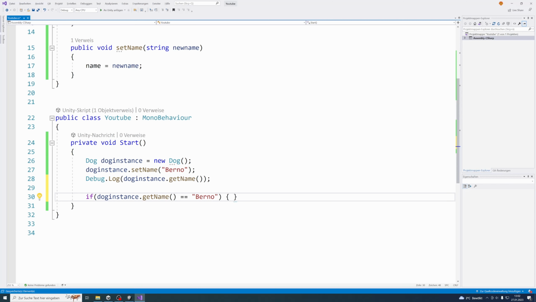You can see that on the left side of the equal signs we have dogInstance.getName, which is the name of our dog, and on the right side we have the string Berno. And the two equal signs are checking if these two strings are exactly equal, so exactly the same. And only if this condition is true, so only if the two strings, the one on the left side of the operator and the one on the right side of the operator, are exactly equal,